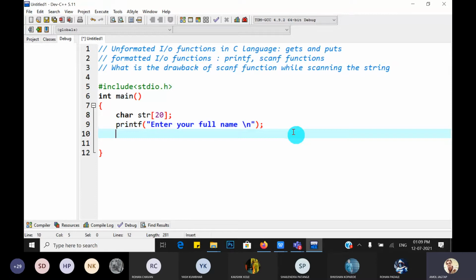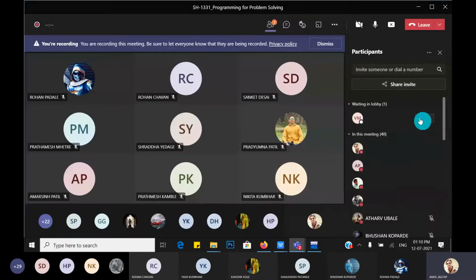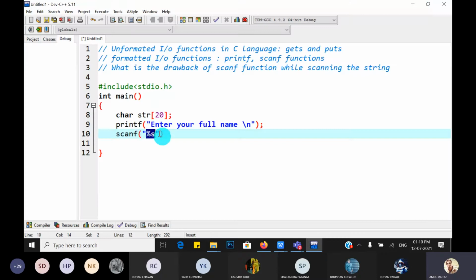Then scan the string, scanf. So first use format specifier %s. When we scan the string, which format specifier do we have to use? %s. Okay, so we have to use %s as a format specifier.